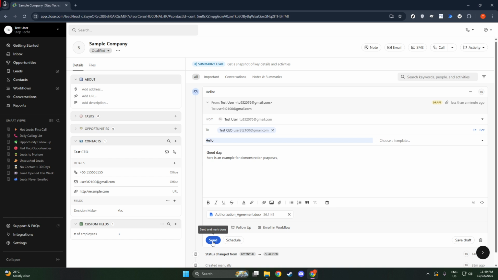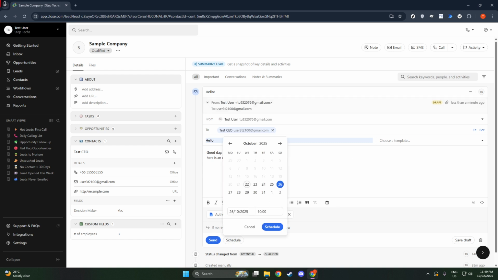However, if you'd prefer your message to go out at a later, more strategic time, Close CRM offers a handy scheduling feature. To access this, click on the Send Later option. This will open up a menu where you can select the exact date and time you want your email to be sent. Scheduling emails can be particularly advantageous for timing messages to hit inboxes at optimal times or aligning with